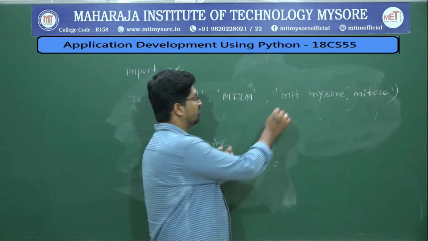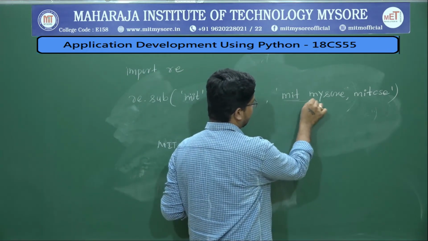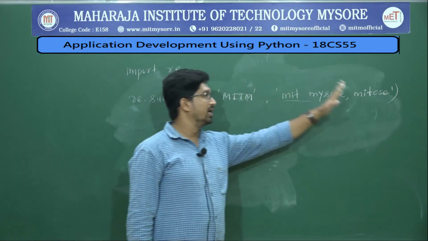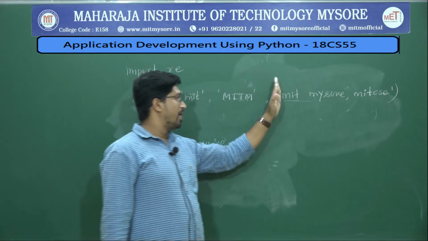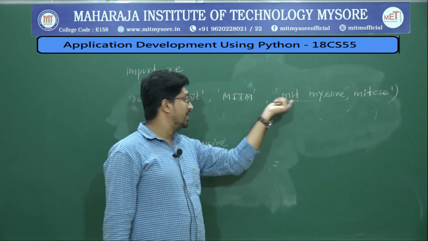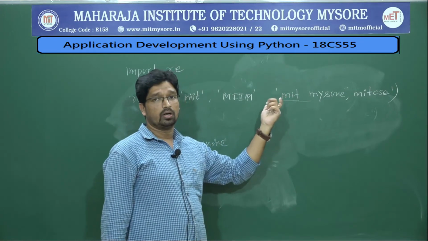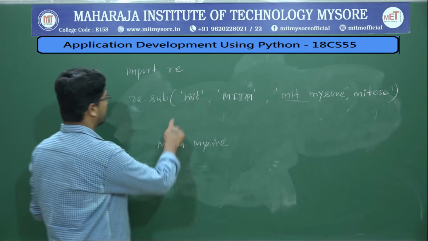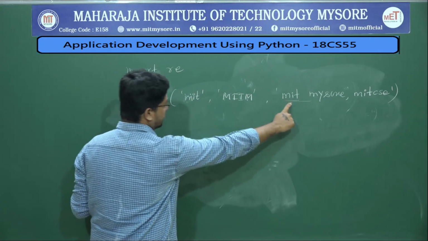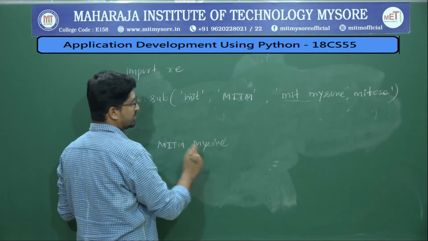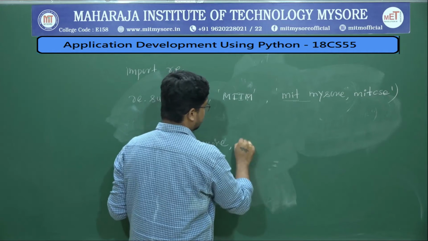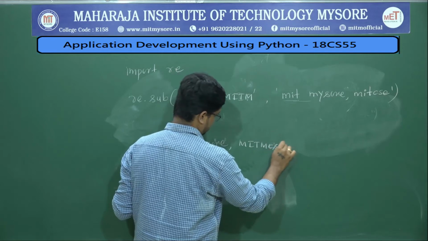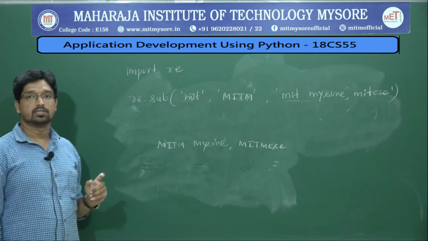As I told you, first you will check whether it is an M, next you will check whether it is an I, next the T, three characters. Like that it will work. So here we are not telling that it has to match an individual word like MIT. Okay? Now what happens? MIT is searched once, you will get MITM Mysore followed by a comma, and MIT CSC will be replaced with MITM CSC in lowercase.